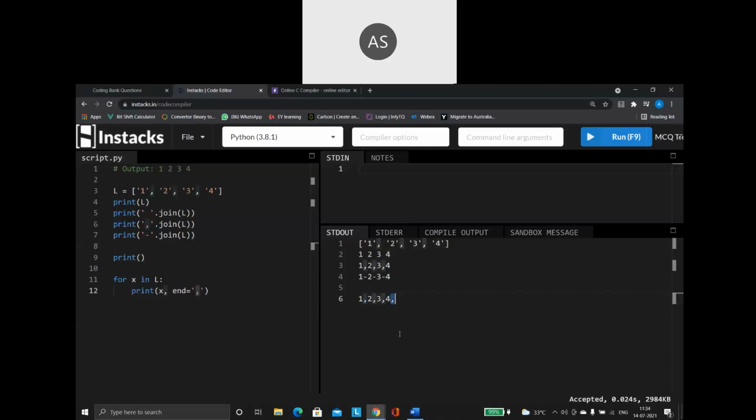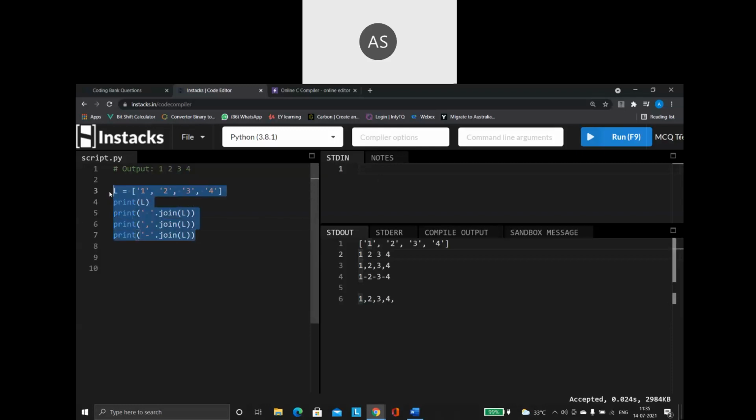But here, see what is the problem I am getting. After the fourth value also the comma is added. That is a little difficult for me. It is not the correct output. So that is why we will not be using this format. We prefer to use the join function for this purpose. The join function is much cleaner work. It is a string function used to join the strings together. Whichever way you want to print it, you can use it for the printing. So this is how I will be making use of the join function.